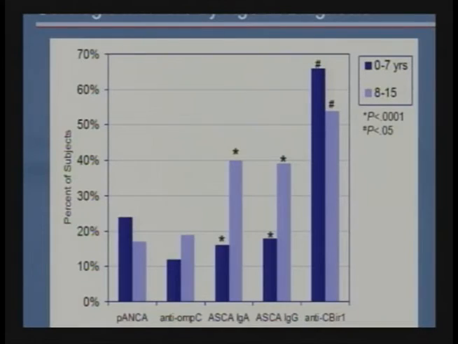So in the younger onset group, which is very fascinating, just overall you can see that CBER is actually the most common antibody measured in pediatric patients. That's not necessarily the case in the adult population. And moreover, if you look at the difference between being diagnosed less than 8 versus greater than 8, it's to show you that CBER less than 8 is absolutely the most predominant marker, and that ASCA, which is the most common marker in Crohn's disease, is not commonly seen.